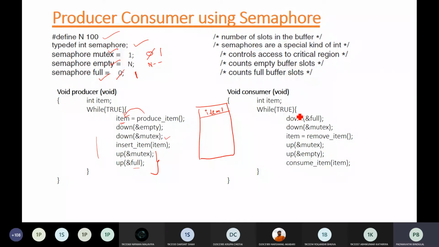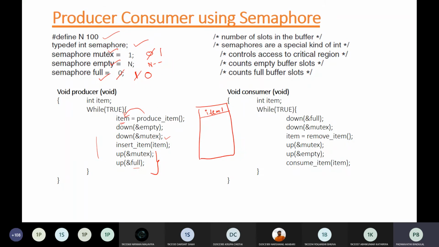Okay, next the consumer code. The consumer is waiting for the buffer to be full. So it will execute the down operation on full. When you execute the down operation, obviously the value is reduced by 1, so the full value will now become 0.